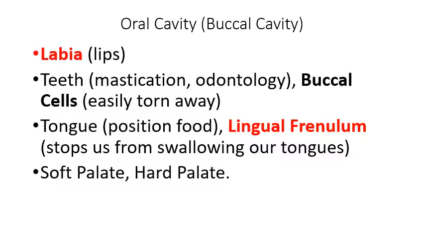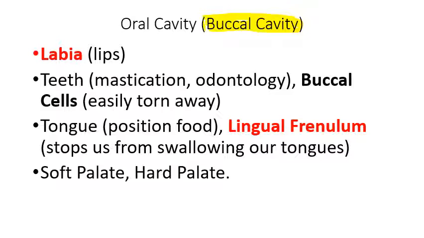Okay, so let's look in detail at some of the structures that are in the oral cavity. The oral cavity is also known as the buccal cavity. Remember, on the first day of class we did that exercise, and we learned that the area inside the mouth is referred to as the buccal cavity, and the inside of your cheeks are lined with a type of cell called a buccal cell. These buccal cells are loosely packed onto the inside of your cheeks so that they can be easily torn away